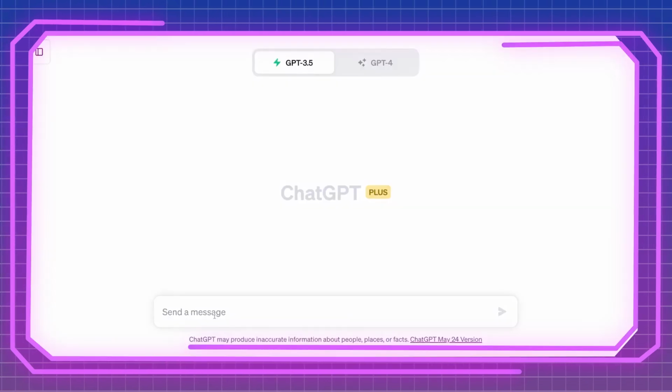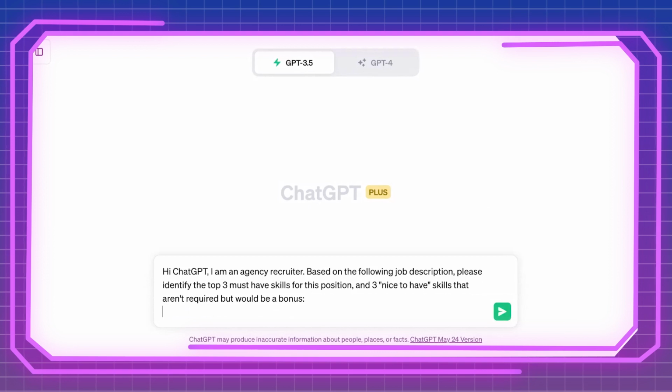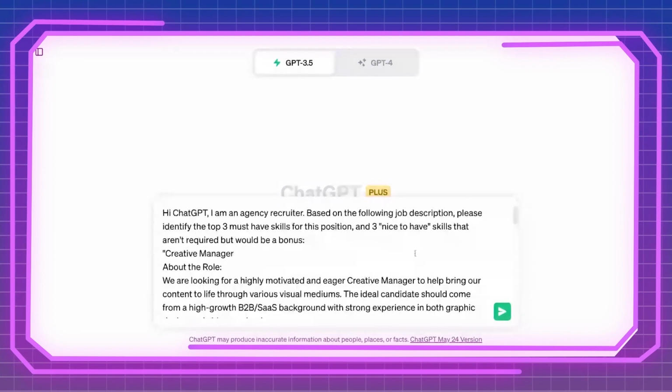So we will get started, as always, with introducing ourselves to ChatGPT and essentially saying, hey, ChatGPT, I am an agency recruiter, and this time we're actually going to start slightly differently. We're going to say we're looking for the top 3 must-have skills and the top 3 nice-to-have skills for a particular role based on the job description. So we're starting with this so that ChatGPT can start by just identifying what are the top 3 must-have skills and the nice-to-have skills,